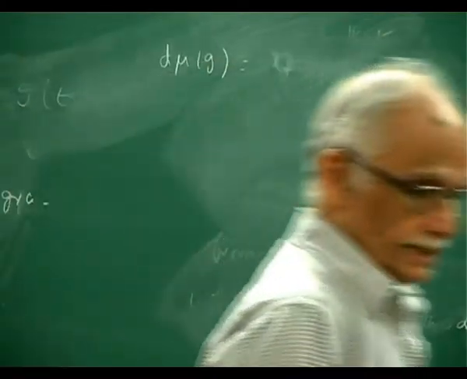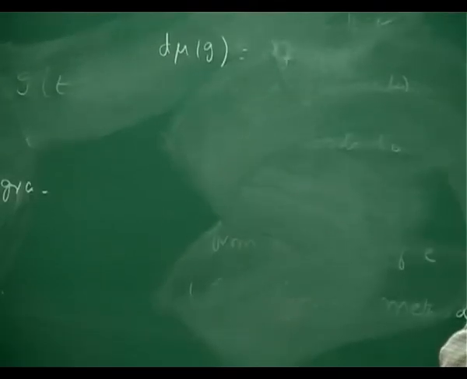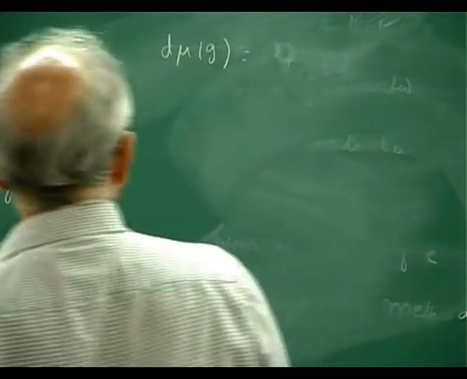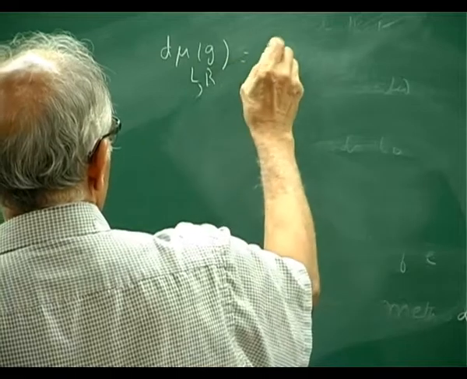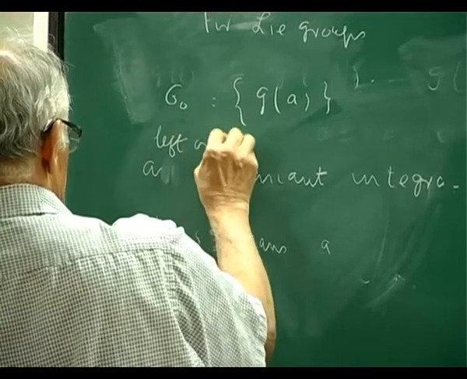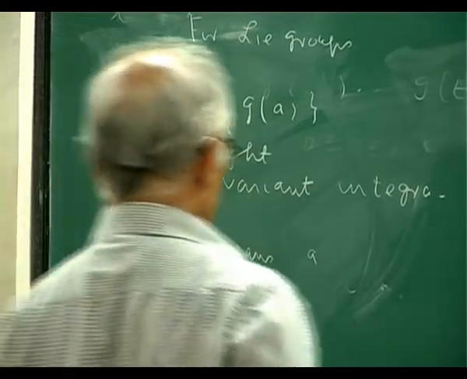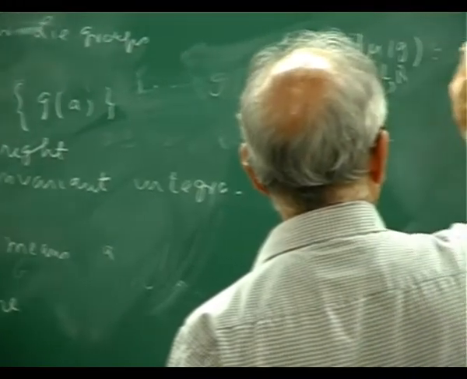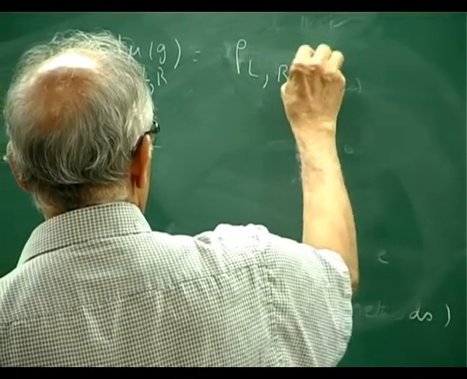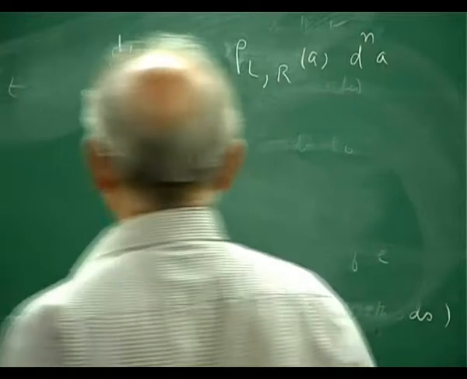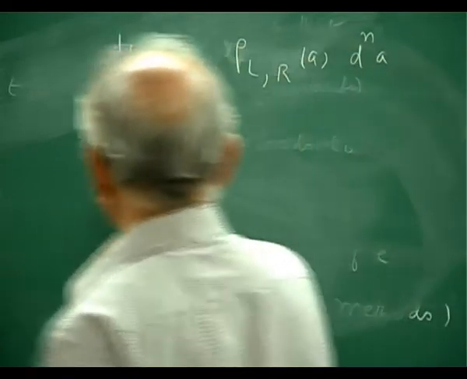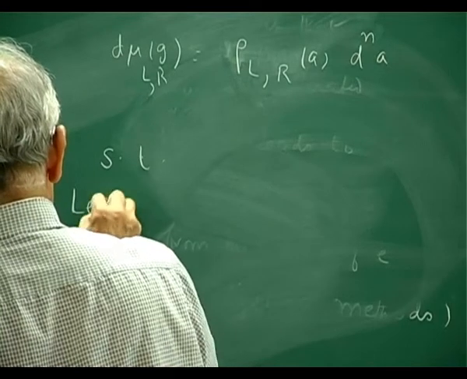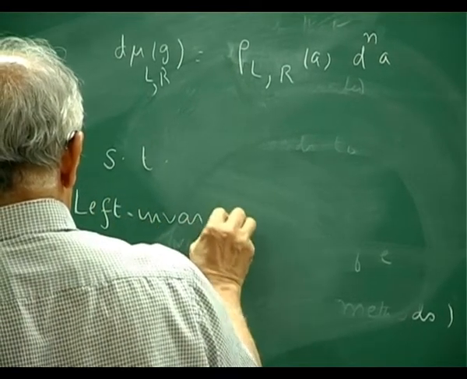Let me write d mu L R of g. I should say a left or right invariant measure means a measure rho L R, so the form rho L R of a dn of a, which is such that left invariance measure,